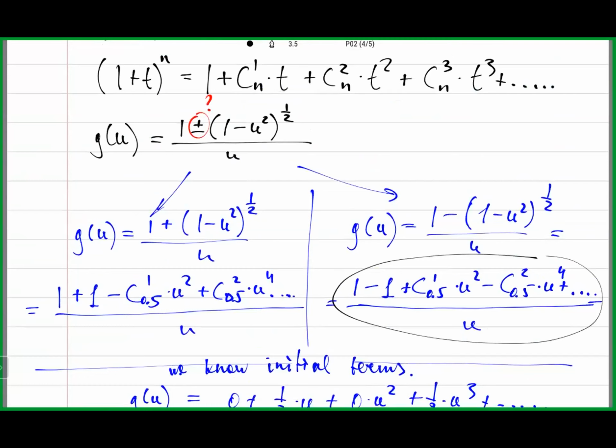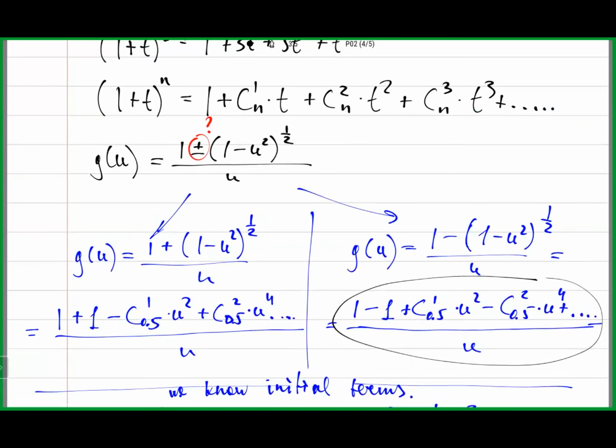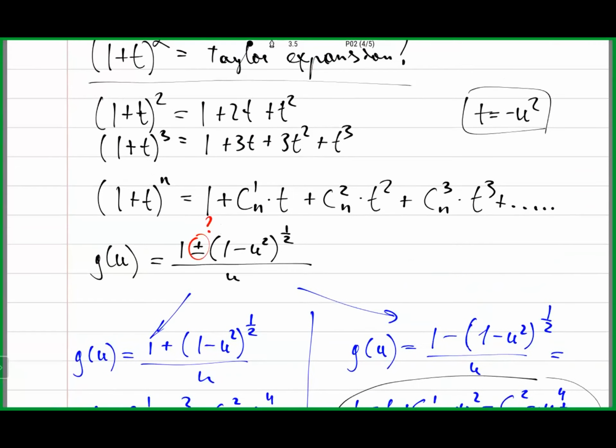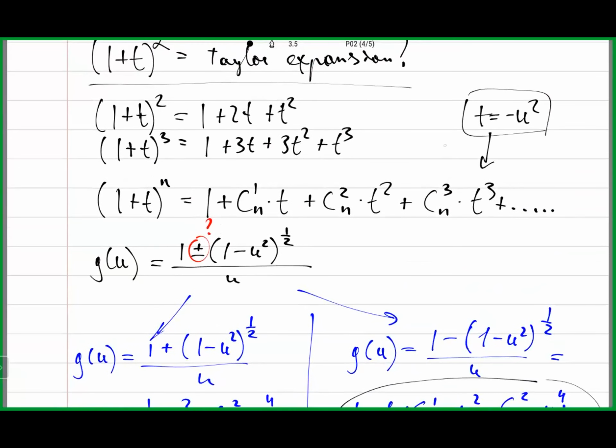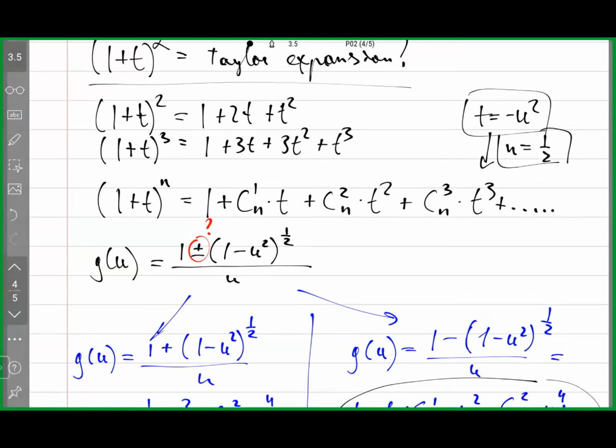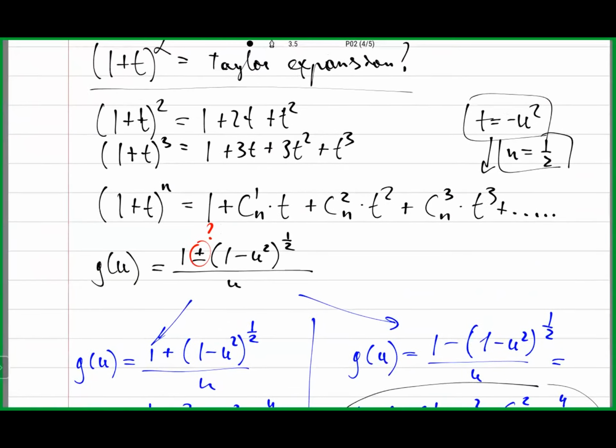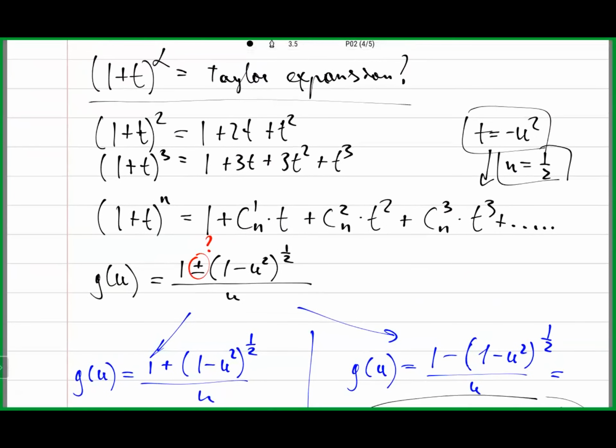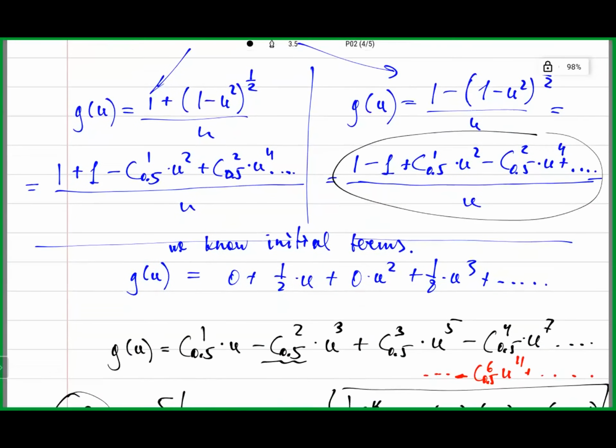And n is 1/2. Yeah, n is a power. So I work with this formula. I apply t equal to minus u squared and n is equal to 1/2. Okay. And also, how do we understand that for probability of t equal to 7, we will take binomial coefficient